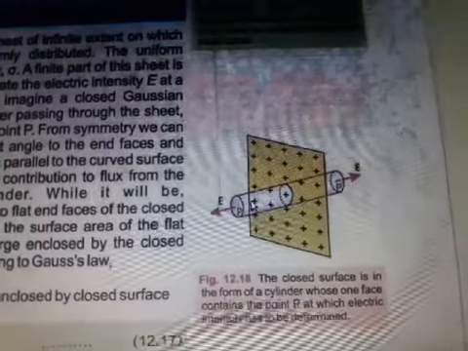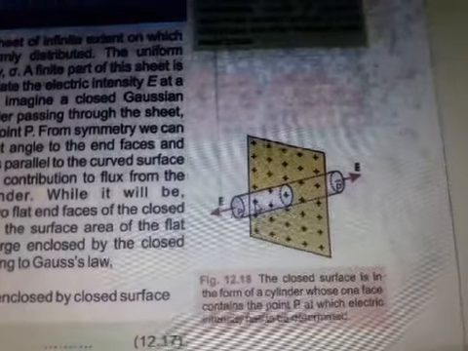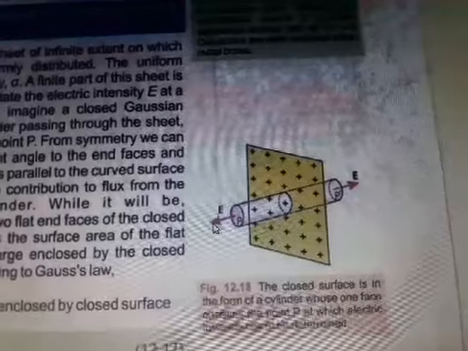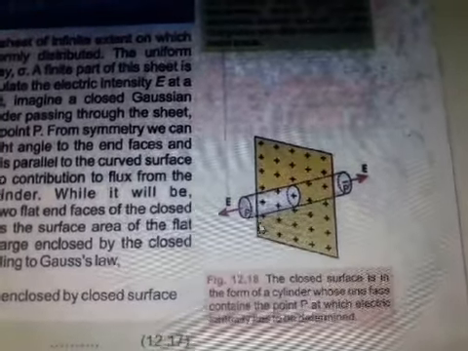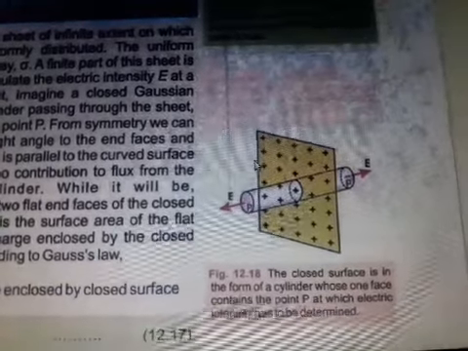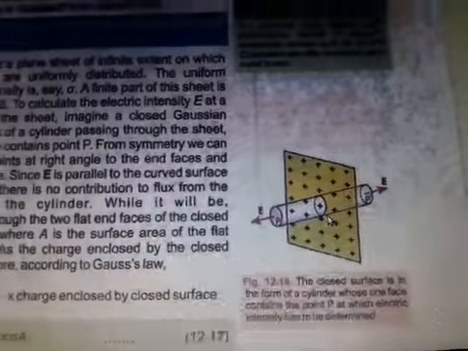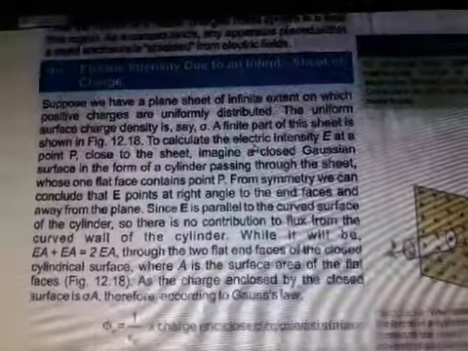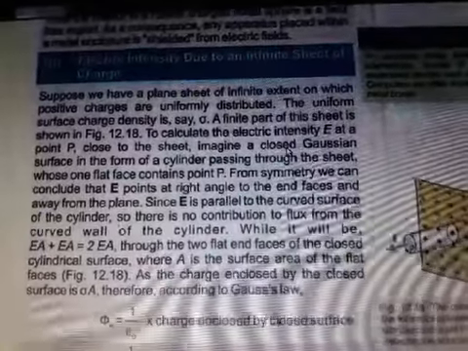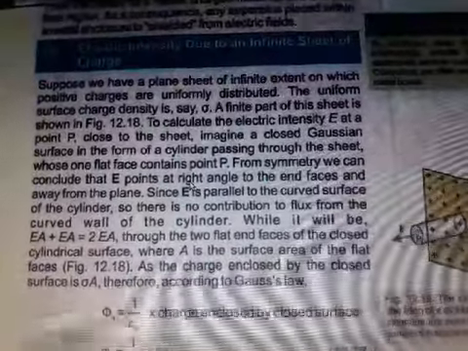But for the curved surface, the direction of E and the surface area is perpendicular, so electric flux through this surface will be zero or the minimum. A finite part of the sheet is shown in the figure. To calculate electric field intensity at a point P close to the sheet, imagine a closed Gaussian surface in cylindrical form. From symmetry we can conclude